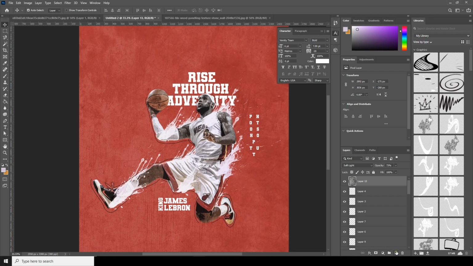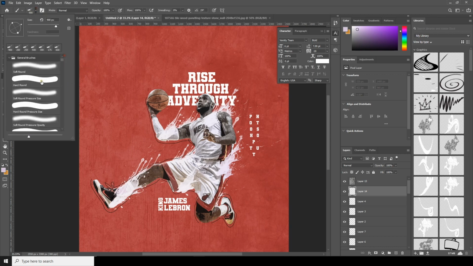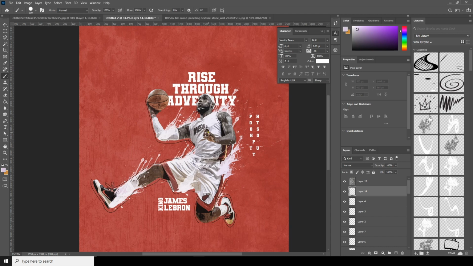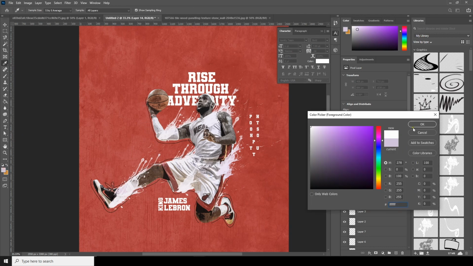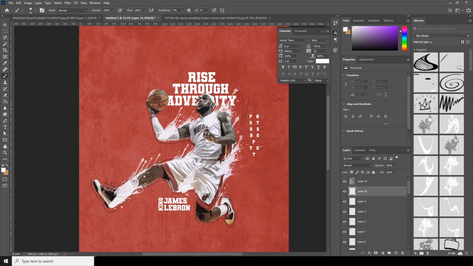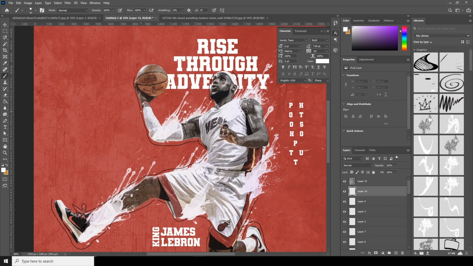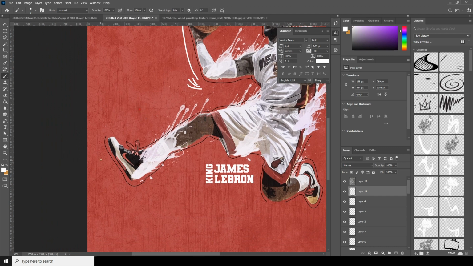Alright, now let's create one more layer. Go to brush, and this time I'll just go for a normal brush, and let's drop down the brush size, and let's change the color to white, maybe a little smaller, maybe like 9 pixel. And then